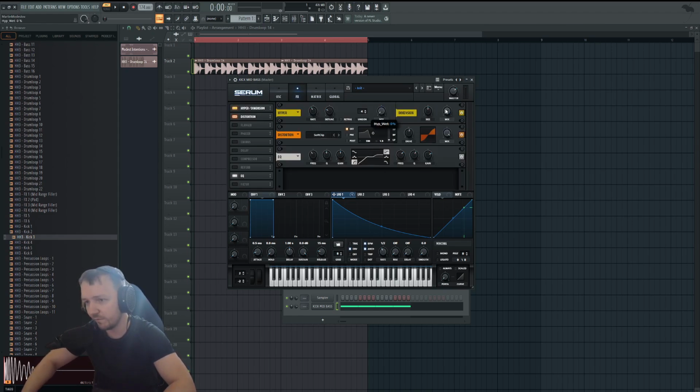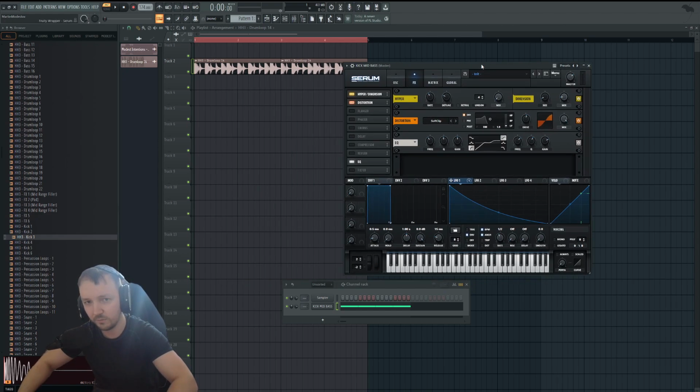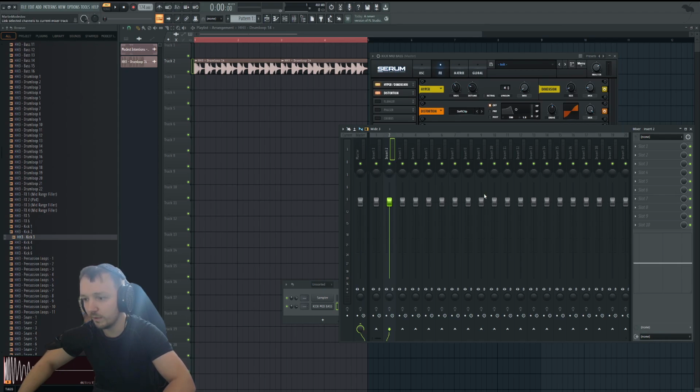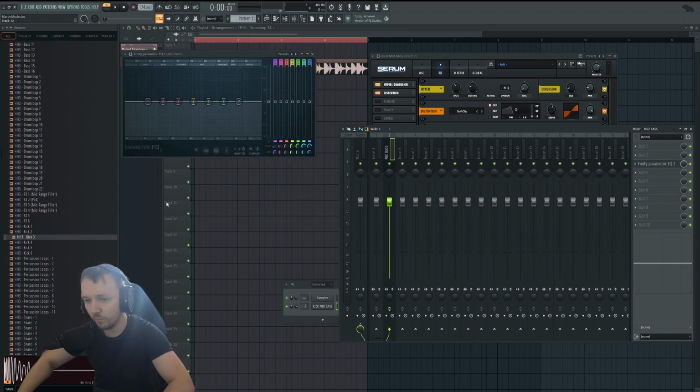And maybe a little bit of dimension to make it a little bit wider, but not too wide, so that you actually keep it in the middle of your mix. This is a very pointy sound and it has to be present. So we try to keep it that way. This is pretty good. Next thing we want to do is put it on a separate mixer track called mid-bass. And right here, we are going to open an equalizer and cut out everything until like 200